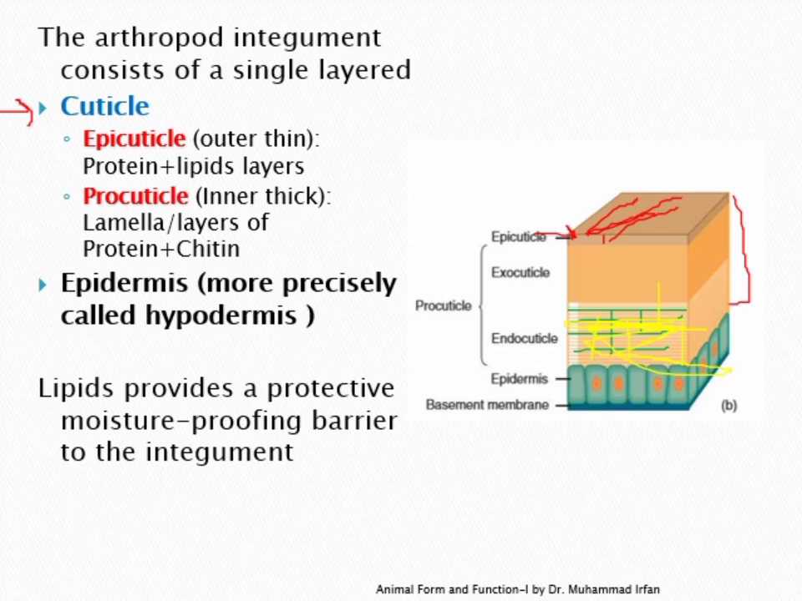Beneath them there is the epidermis, and this epidermis actually secretes this cuticle for its protection. This epidermis is epithelial tissue, and precisely in the case of insects, it is called the hypodermis. And beneath this hypodermis or epidermis, there is a basement membrane, the non-living material secreted by these cells to get attached to the surface. And the lipid, as I already told, present on the epicuticle, helps as a